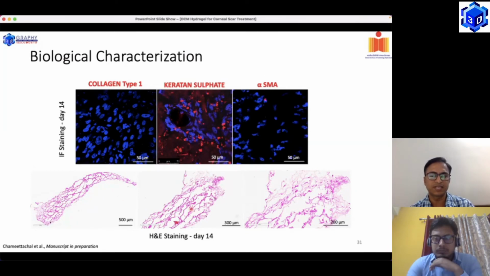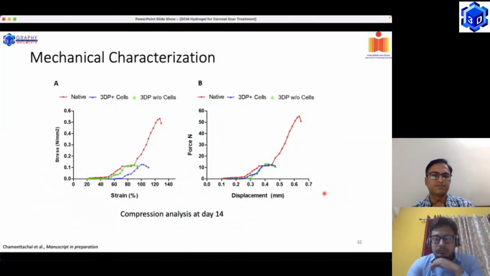And with the histological slides. But another important observation is that the mechanical property of this bioprinted cornea is not like the human cornea, because the human cornea, if you see, is much higher than the bioprinted cornea. So we are using some strategies to improve the mechanical properties of this cornea further, and this study is undergoing. So our next step is to improve the mechanical property and also go for an in vivo study of this bioprinted